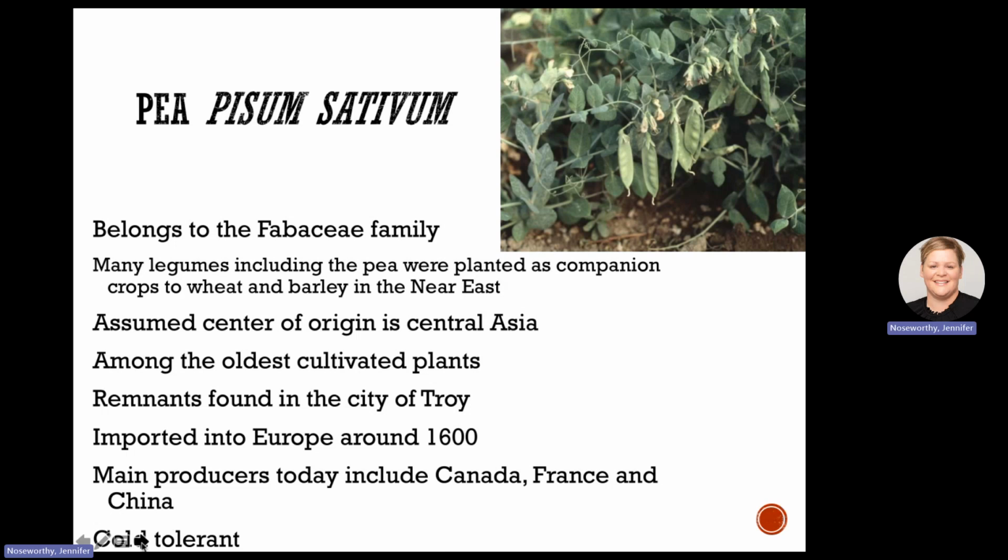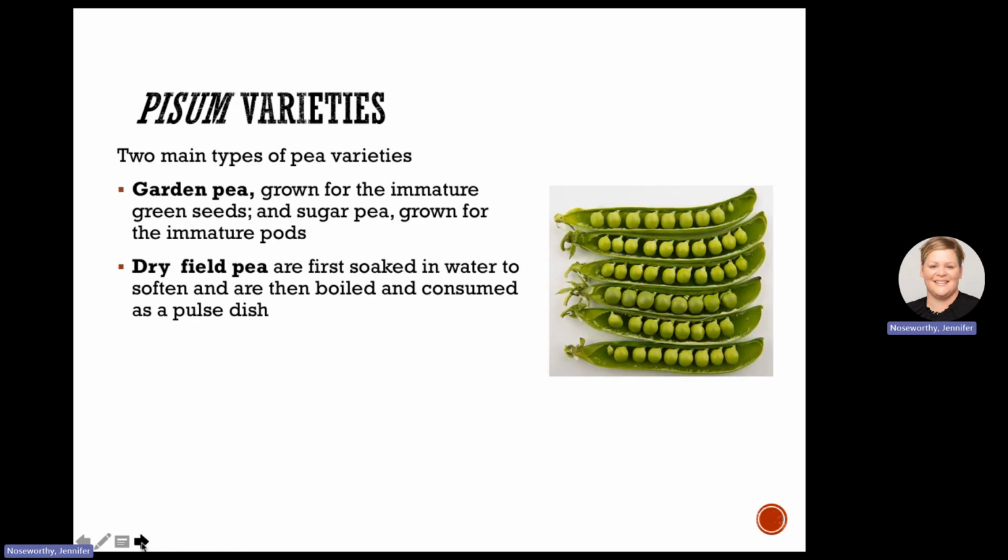One of the interesting things about peas is they're quite cold tolerant, so they're one of our first crops that we grow in the springtime. And your reading talks about this as well, but there are two broad categories: the garden pea, which we typically eat fresh, maybe even whole with the pod and the seed. And this is actually the immature developing seed pod, and it might be something we eat as a sugar snap pea or a snow pea or a pea pod. All of these are garden peas, and they're consumed immature and fresh.